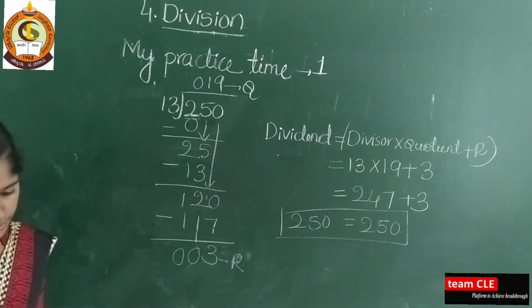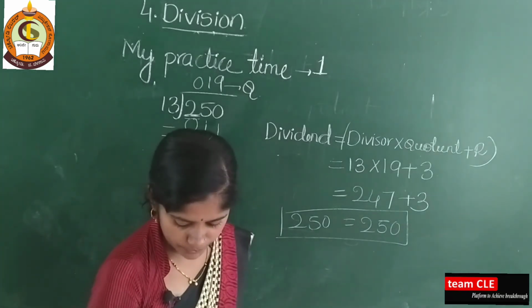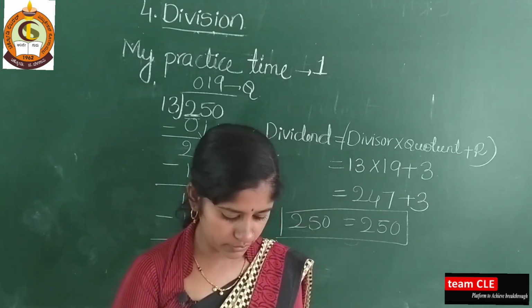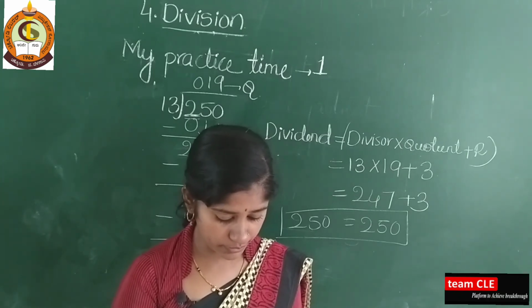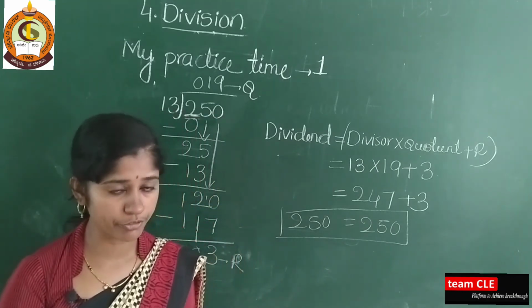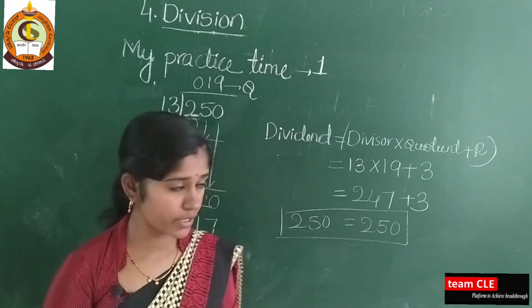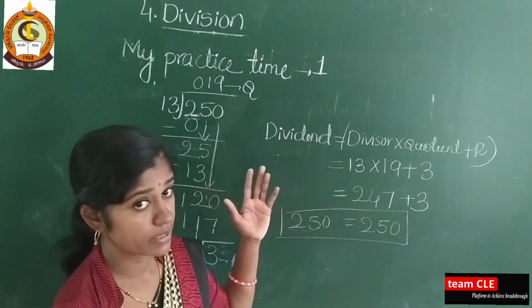See here, dear students, in your textbook they have given more than 5 examples. Try to solve those examples. Next, page number 120: divide to find the quotient and remainder, and also verify your answer. There are 10 examples, more than 5 examples. Among them I have solved 2. Dear students, this formula you need to know: dividend is equal to divisor into quotient plus remainder.